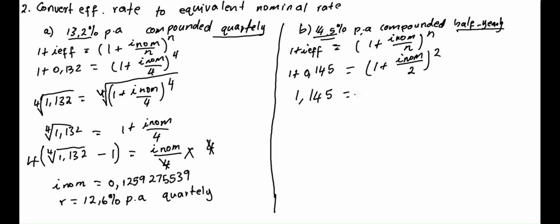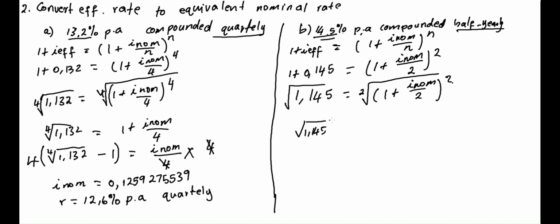And then after this, you are going to say our nominal rate divided by our compounding raised to the power of 2. We are just going to include our square root, right? Because we know that our square root has an invisible 2 here, isn't it? So this 2 is going to cancel that one at the top. So we are going to be left with 1.145, and then we are going to be having 1 plus our nominal rate on our right hand side, and then we are going to